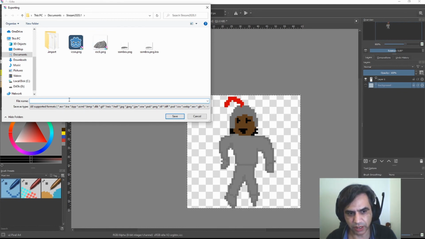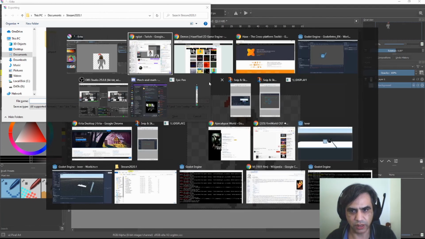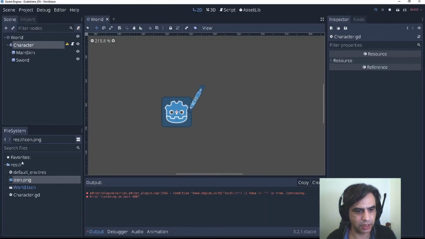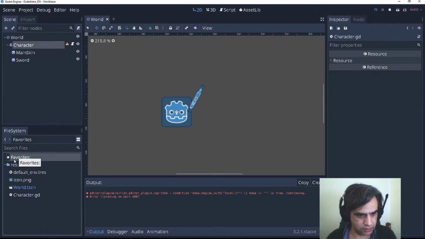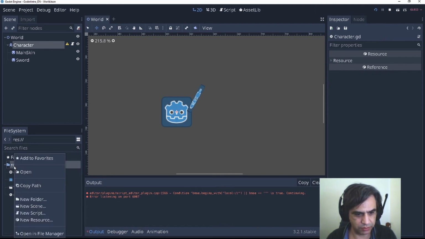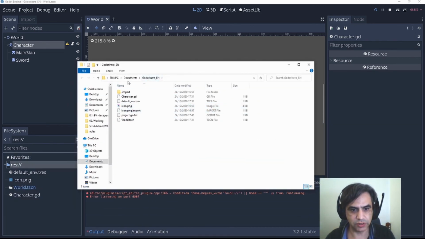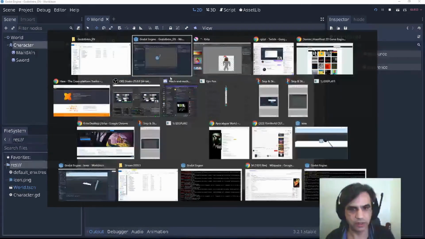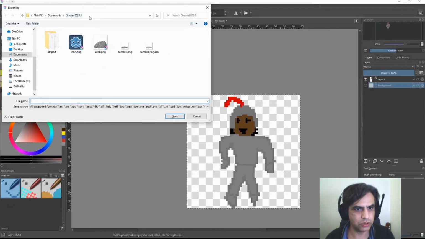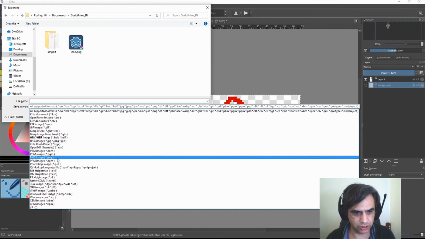To simplify my life, I'm going to go to Godot, press the right button on the res folder, and open File Manager. This opens a file manager. This is the directory of my project, and I'm going to select this, Control C. I'm going to set the directory where I want to save this, and I'm going to save as a PNG.